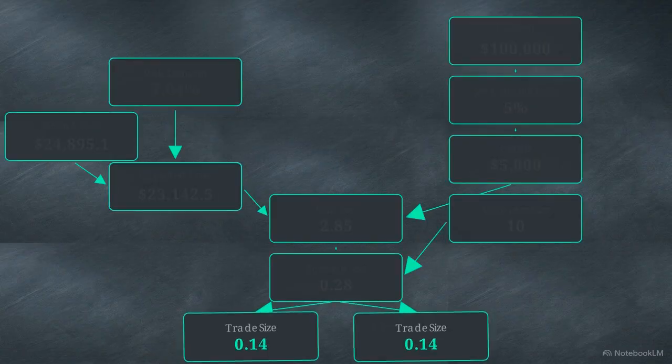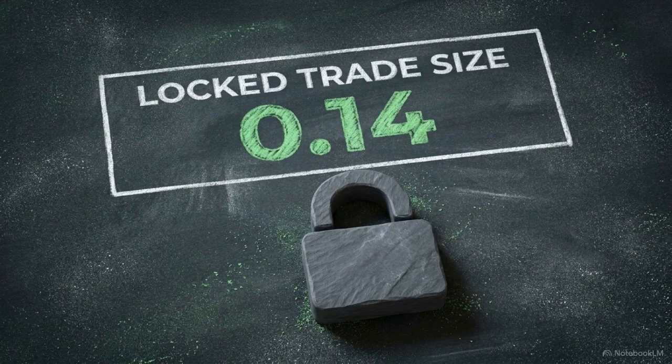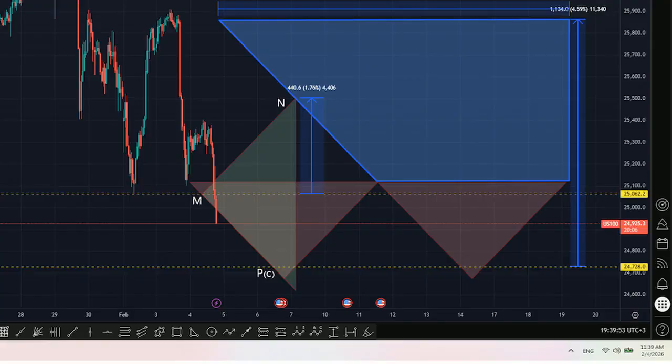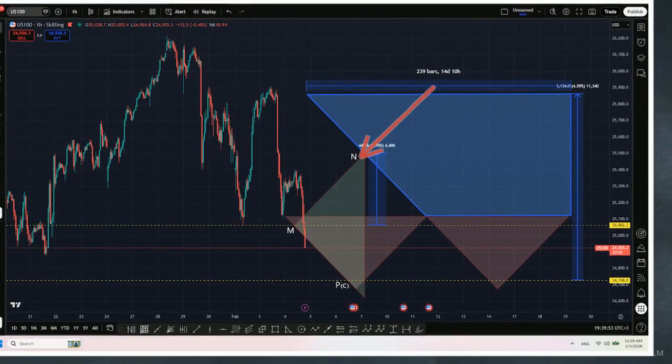Both trade sizes are calculated using the hypothetical capital, the investor's maximum allowed drawdown, the third triangle domain percentage, the risk coefficient, and the contract size. Every element of position sizing is a mechanical derivation of these absolute risk constraints, eliminating subjective input. Target 1 is at $120. Target 2, positioned at apex N, is $25,495. Target 3 lies at the uppermost flat boundary of the blue trapezoid, recorded at